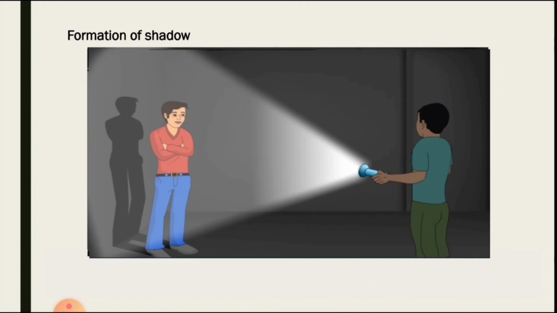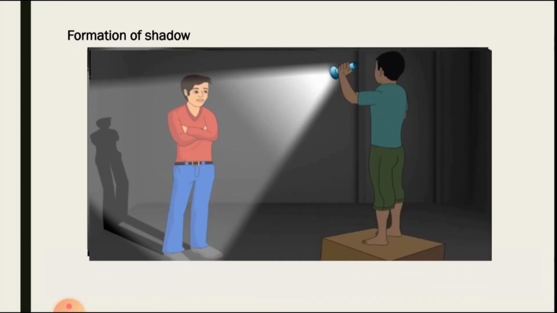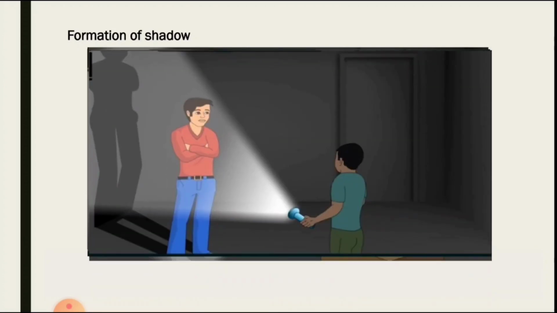Yes, ask the friend to come towards you. The shadow is short. Next, you move further away from him or towards him again. You see the shadow will be short or long. Hold the torch high. You will see that the shadow which is formed will be small. Now hold the torch low. The shadow which is formed will be big or long. So this is how we can see the changes.